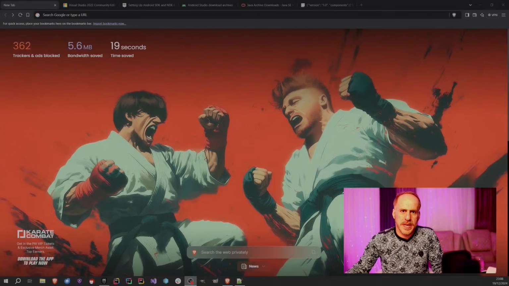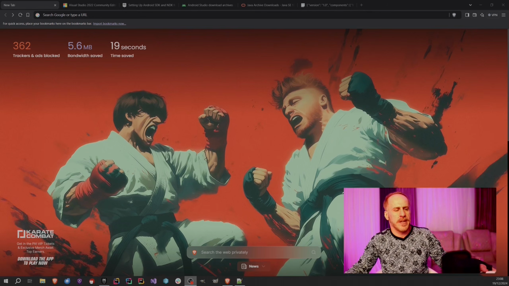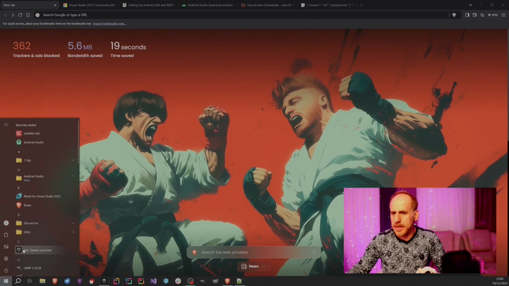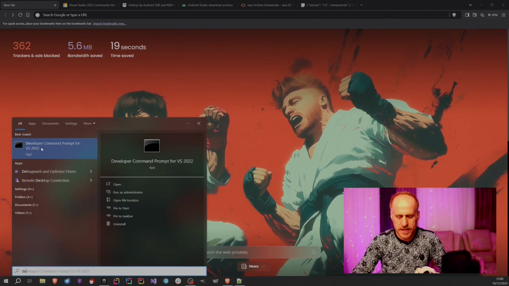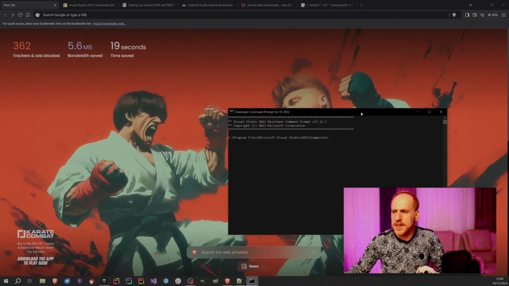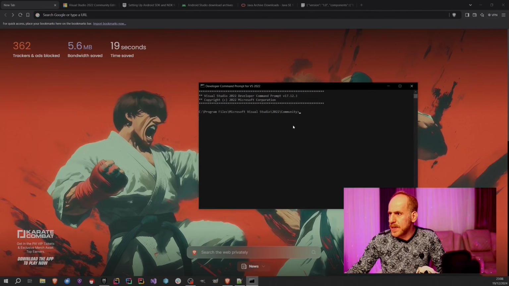Okay, now that we enabled the developer mode on our Meta Quest headset using the Meta Horizon mobile application, it's time to actually check to see if ADB, the Android Debug Bridge, is going to recognize our Meta Quest 3 headset. For that, I'm gonna run a CMD or a developer command prompt for Visual Studio. And once that is open, the one thing that I can do is to type ADB,